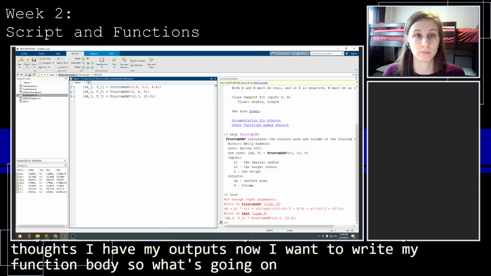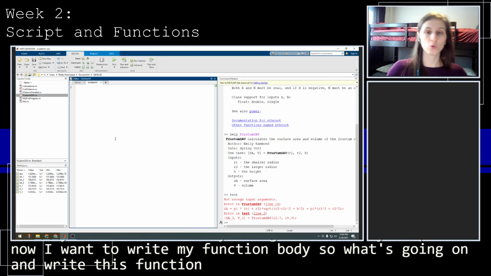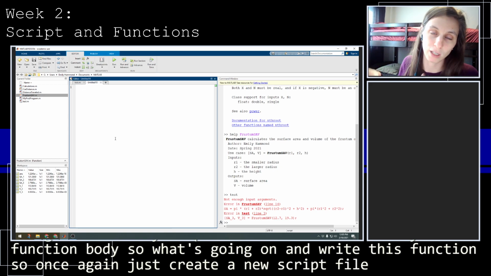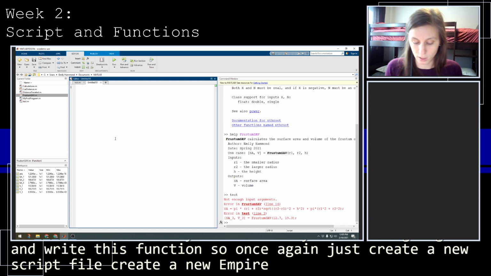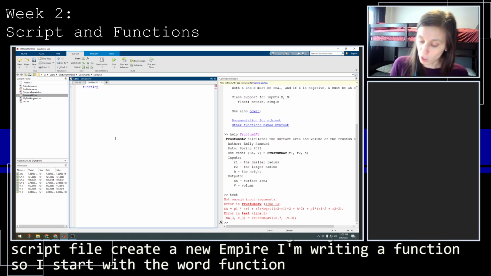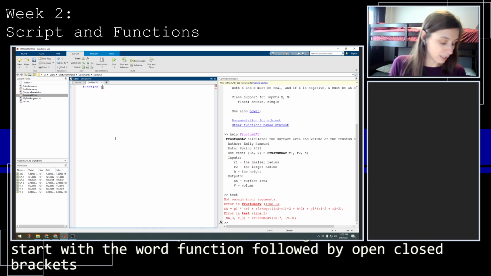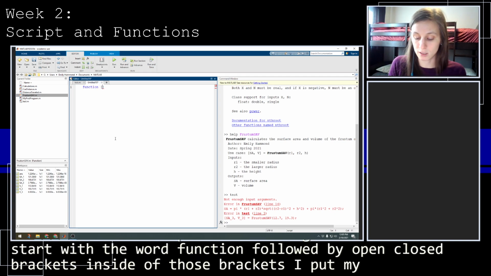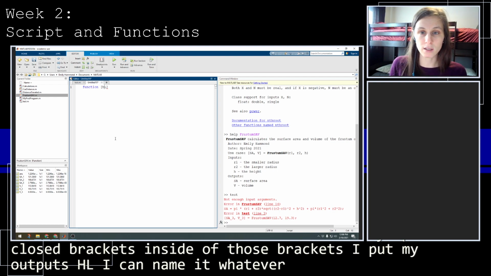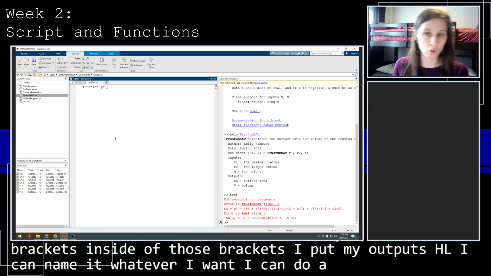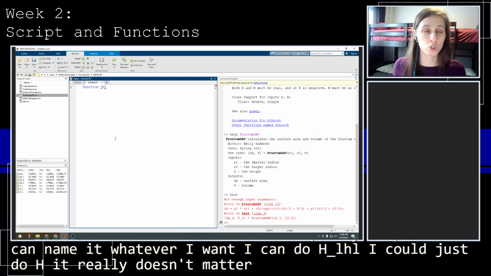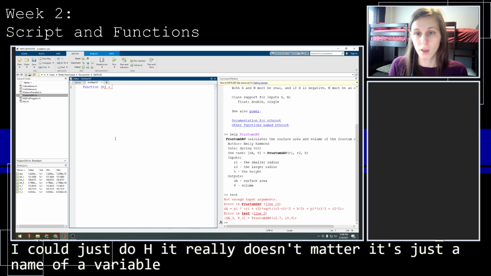and write this function. So once again, just create a new script file. Or create a new M file. I shouldn't say script file anymore. A new M file. I'm writing a function, so I start with the word function, followed by open close brackets. Inside of those brackets, I put my outputs. HL. I can name it whatever I want. I could do H_L, HL. I could just do H. It really doesn't matter. It's just the name of a variable. Then equals.